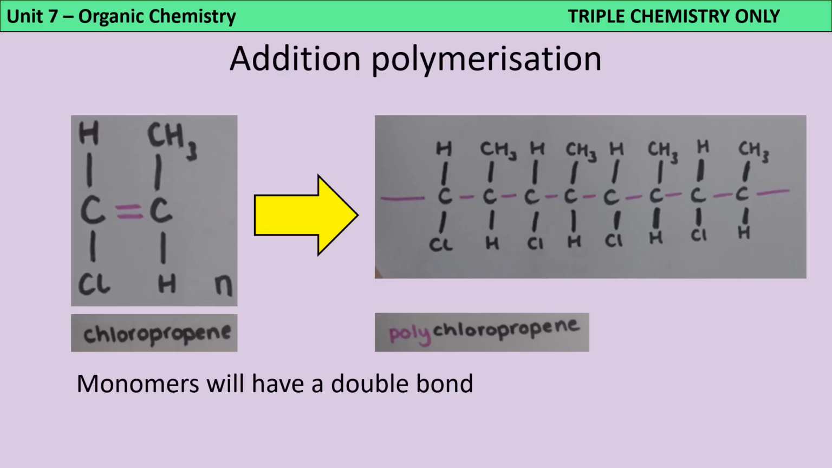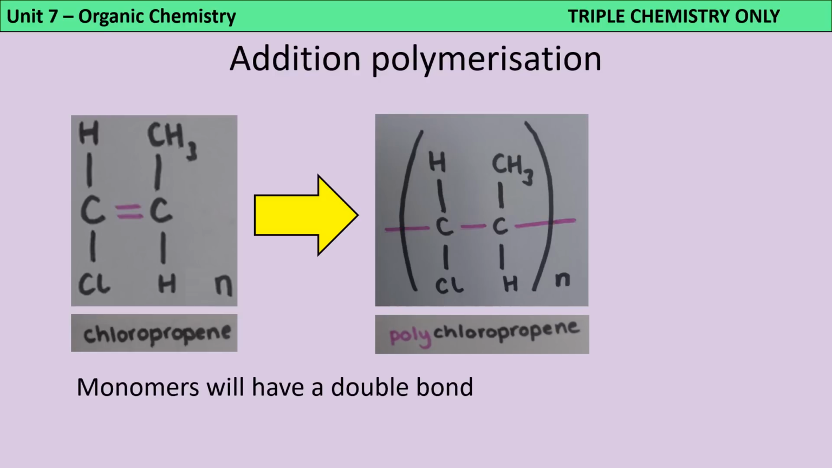to form what we call addition polymers. These are named in the usual way by putting poly in front of the name of the monomer. So for instance, here is chloropropene, and so the polymer is called polychloropropene. We can draw the polymer out in full like this, or we can display it slightly more succinctly in this